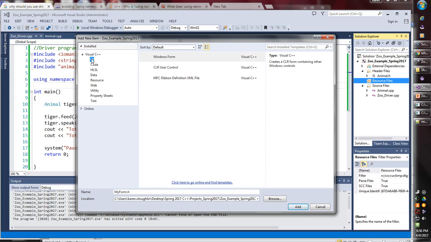We haven't looked at several of these other options here. We've mostly just used the code, the .cpp and the .h. There are some other resources that we can use here. We aren't using a database like a SQL database, so I'm not going to use the data link here. That's why I am using a utility link. So we're just going to create a data file, and I'm just going to call it my zoo,